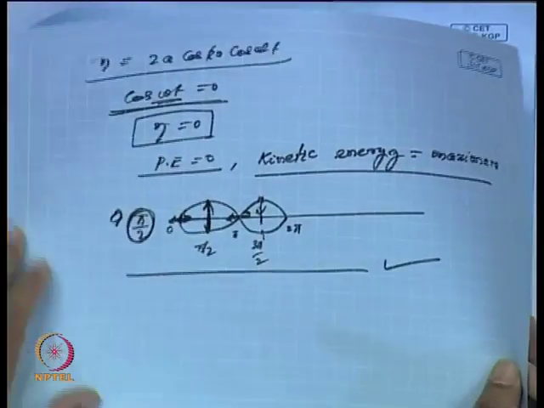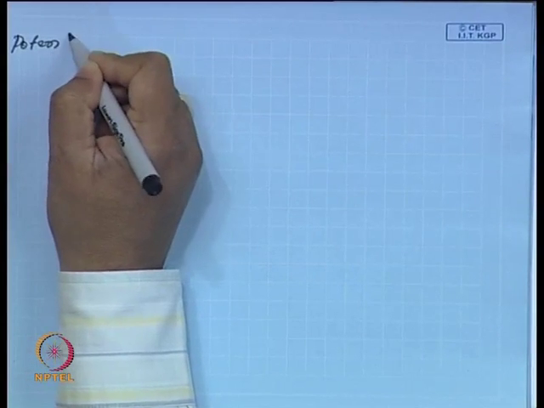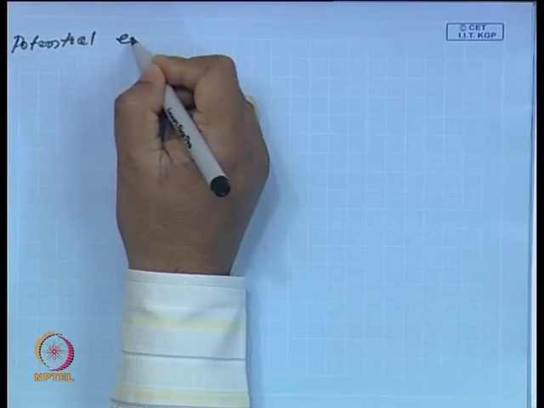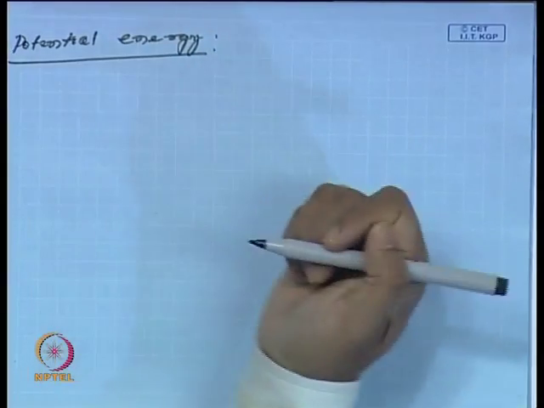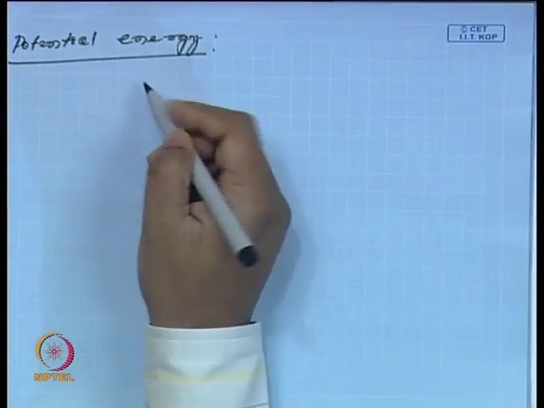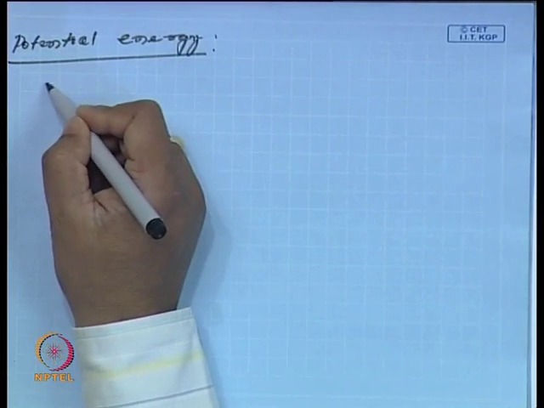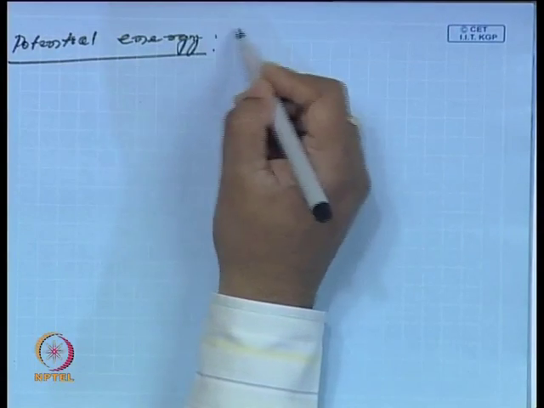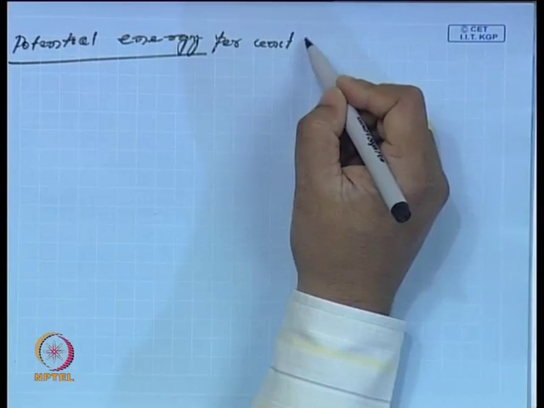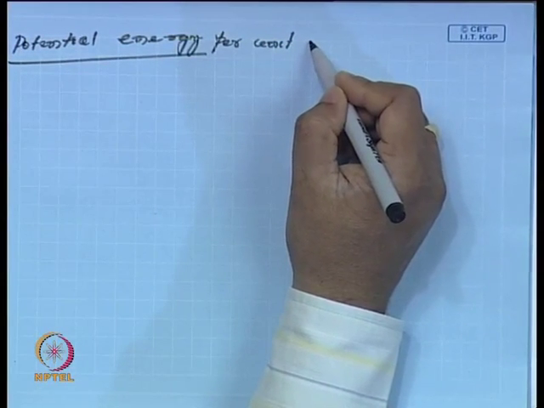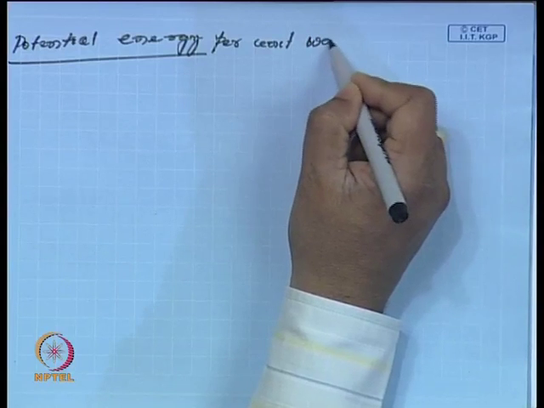I will just define how exactly the energy transfer is taking place. Let me define the potential energy and kinetic energy. How do we define the potential energy? The potential energy, I will call it energy density, per unit wavelength,